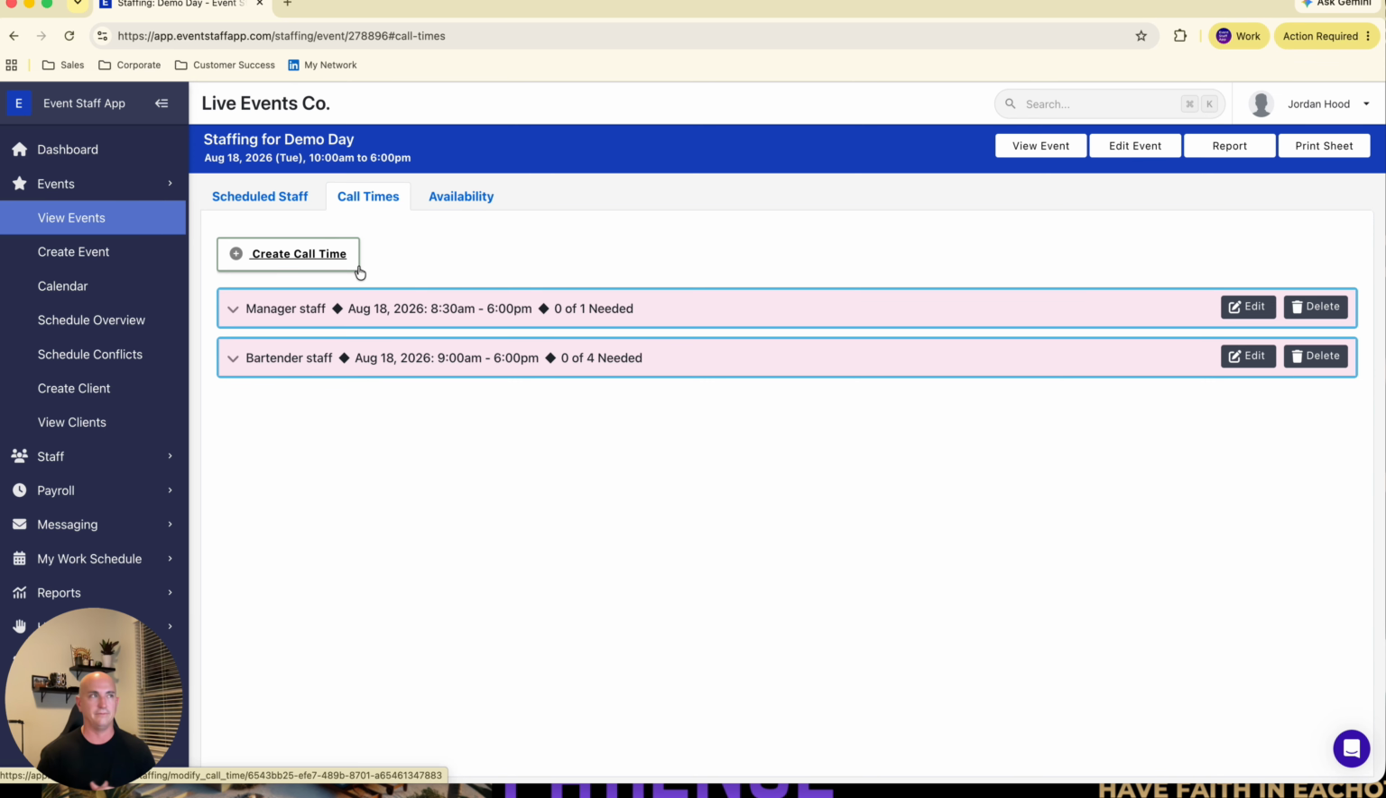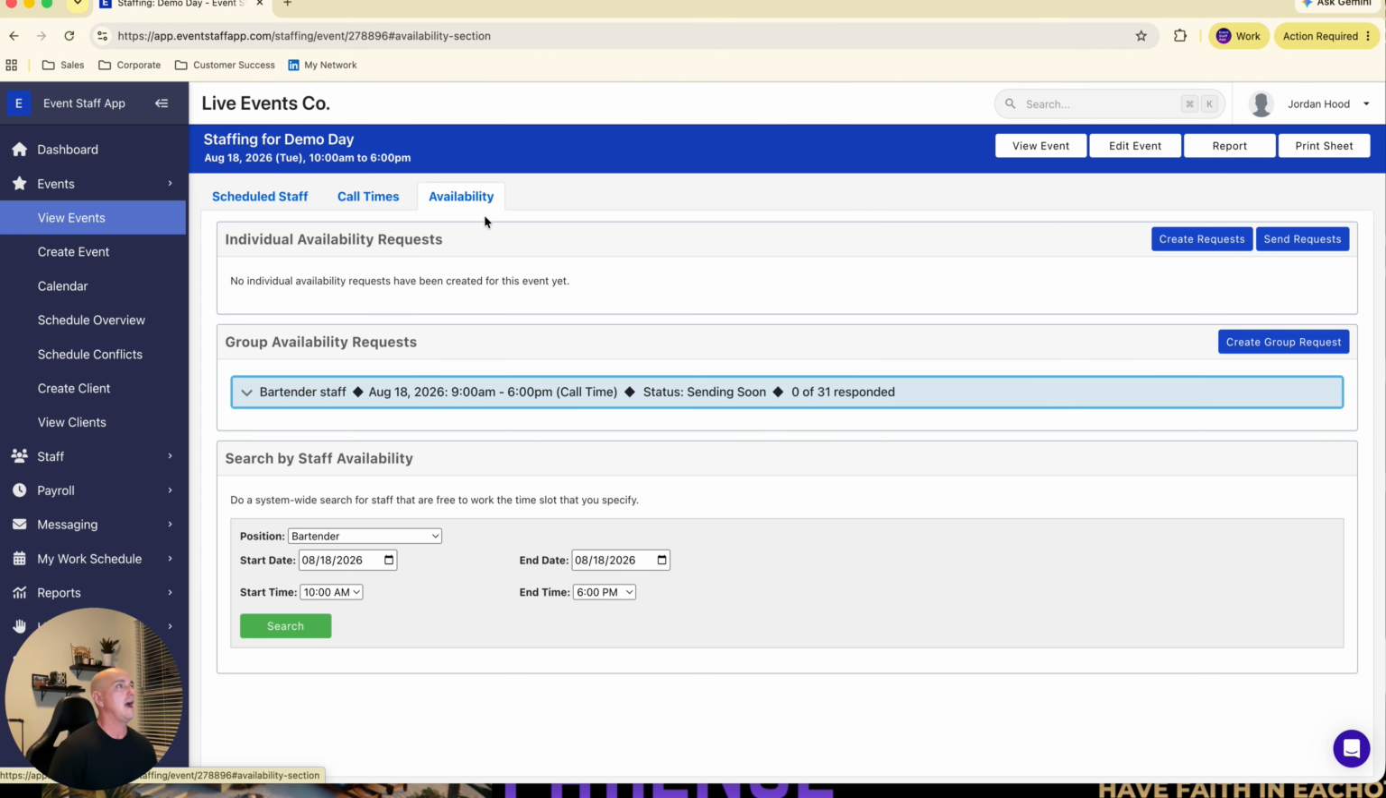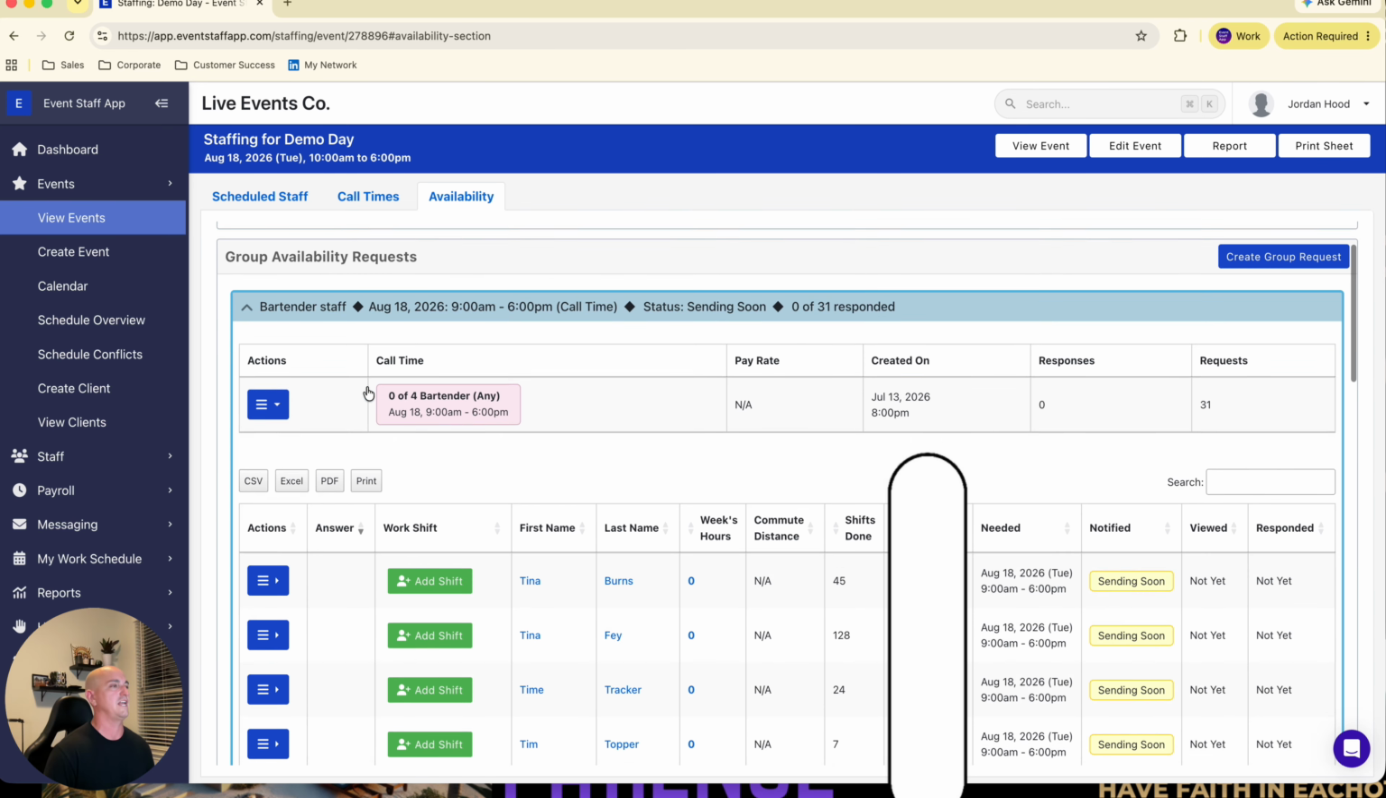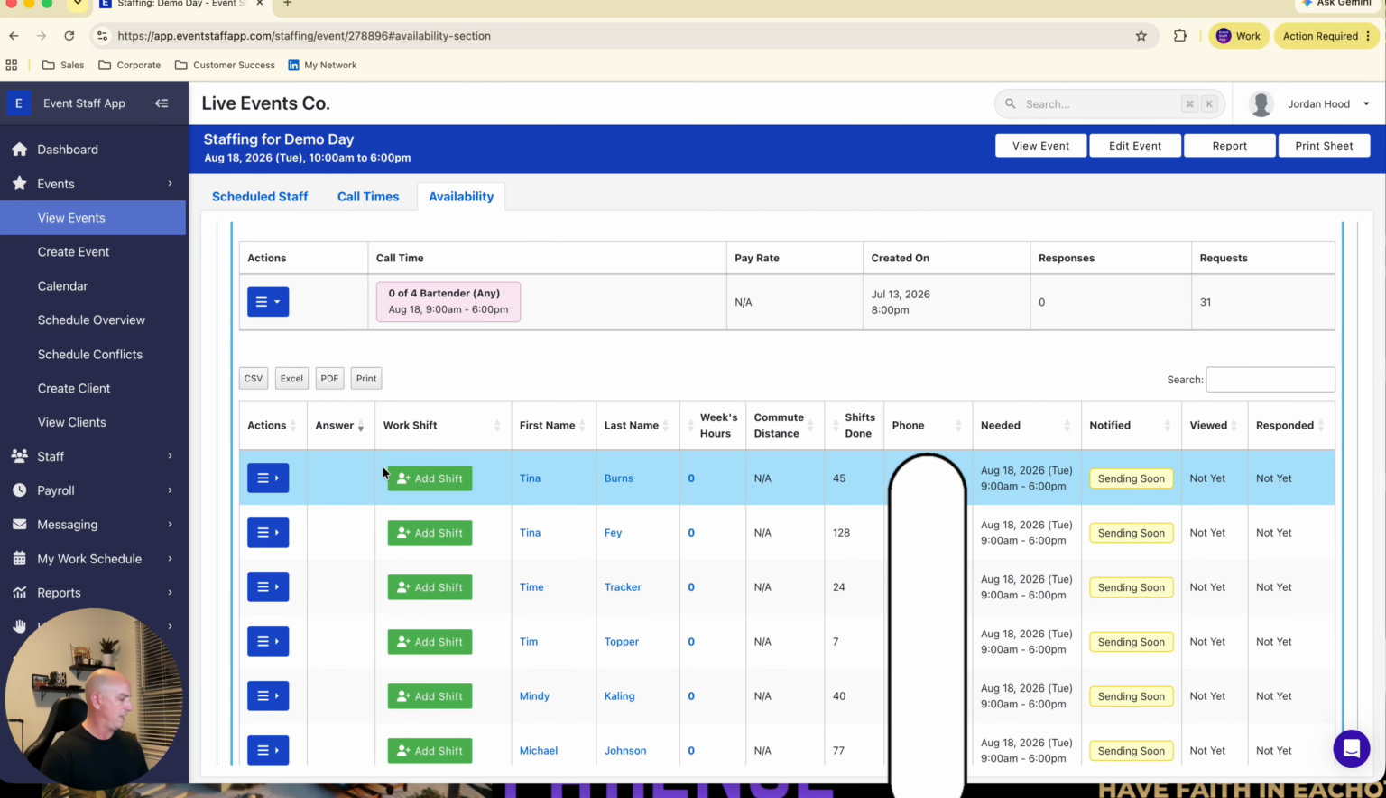So now let's say it's Monday, right? We're back in the office. We want to see who said they're available. So I'm going to go to availability, come in, and look at bartender staff. So right now, as you can see, there's an answers section here. Work shift. I can add the work shift and schedule this individual, their first name, last name, the amount of hours they've been scheduled for the week so far, the commute distance,